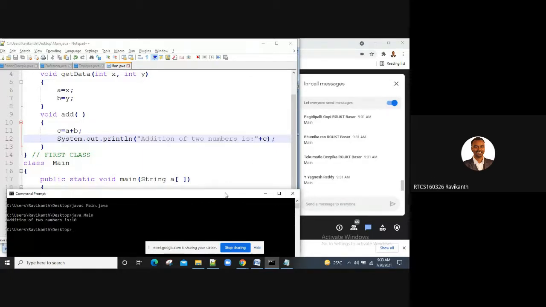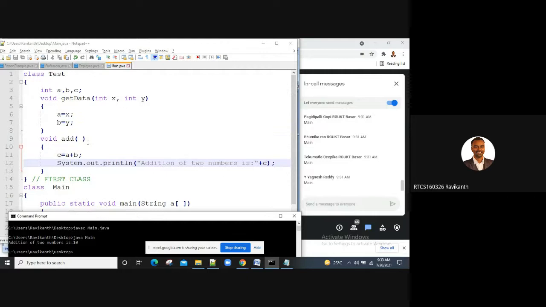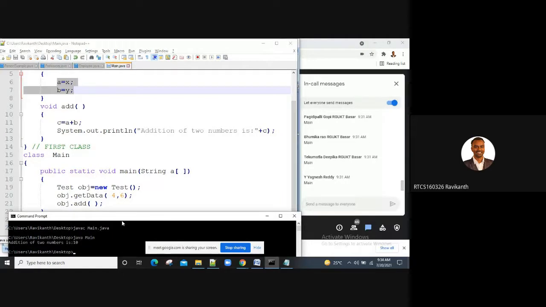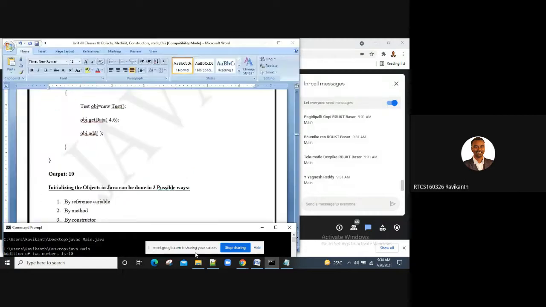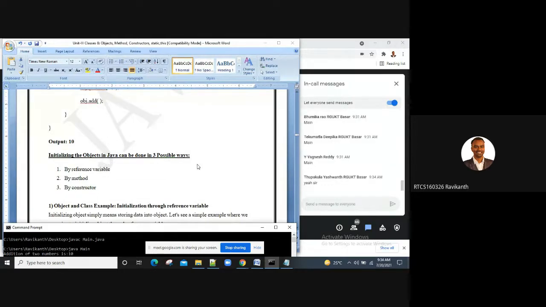Here we are not giving values directly from the object itself. It is taking those values 4 and 6. Later on, if you want, you can change this program by making use of the Scanner class. You can give input at runtime. By using the Scanner class, it will calculate and give you the result after performing addition. I think you have done one program in the assignment, if I'm not wrong, using the Scanner class: calculator, addition, subtraction, multiplication, division, all that. Now we can work with multiple classes.